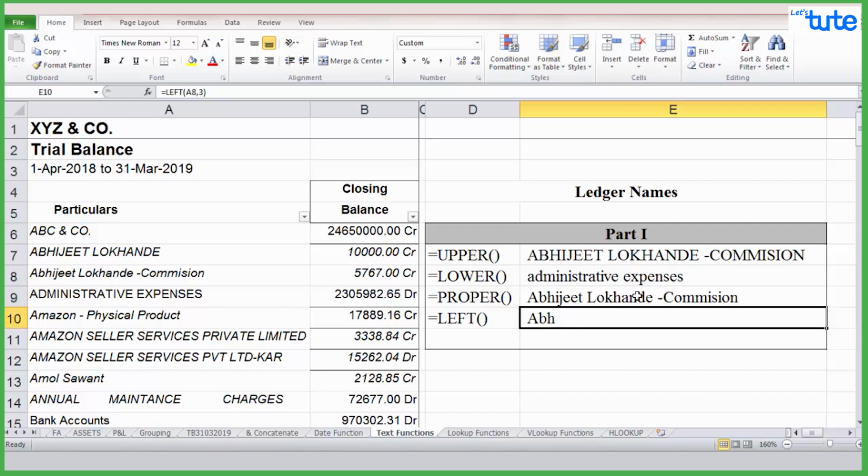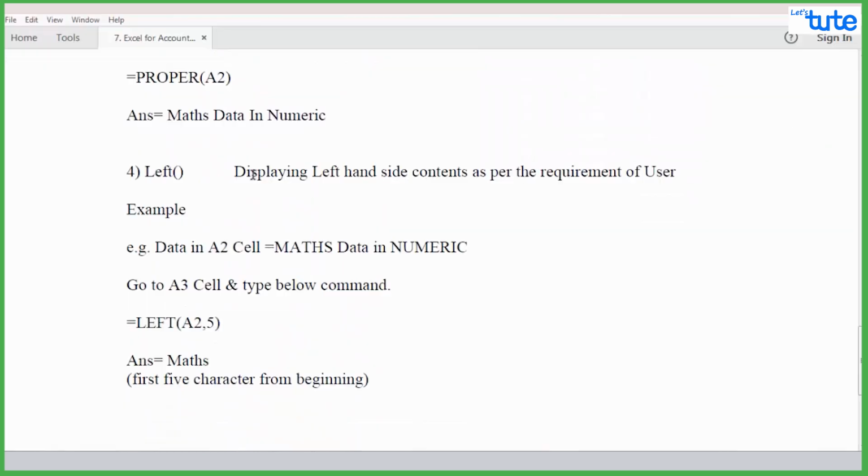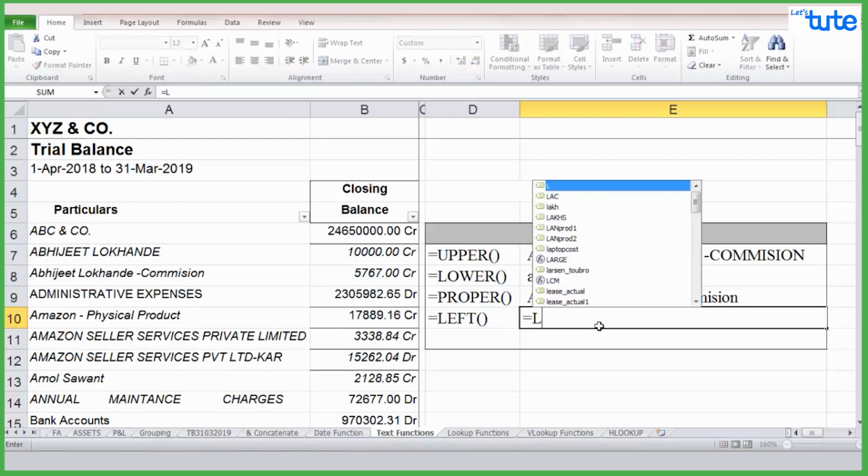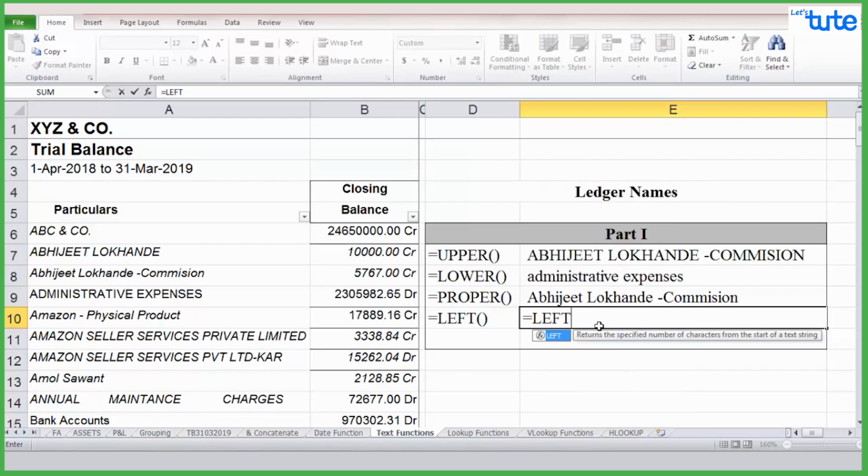Now the last command, LEFT. LEFT says that counting should be from the left-hand side. So I am applying this command, equal to LEFT, bracket open, selecting the text, that is cell A9, comma, and I want only 4 characters.